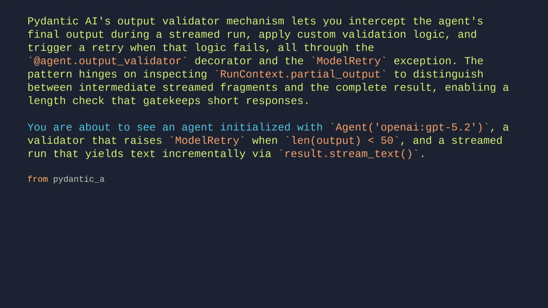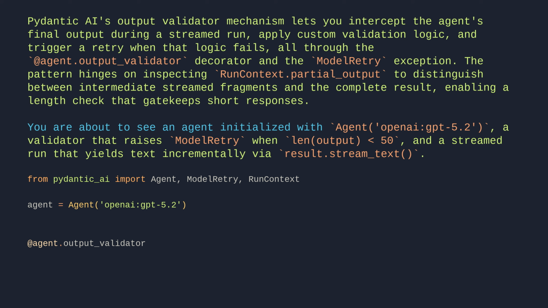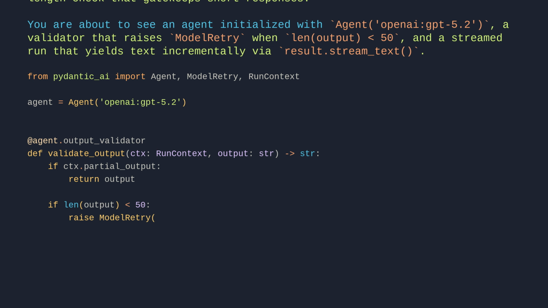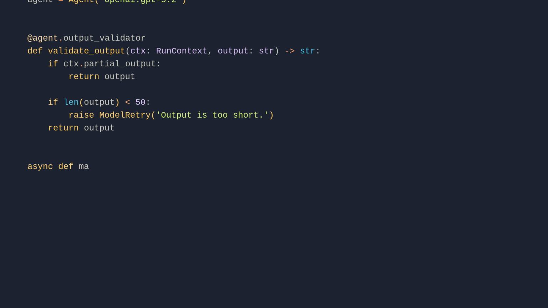from pydantic_ai import Agent, ModelRetry, RunContext. agent = Agent('openai:gpt-5'). @agent.output_validator. def validate_output(ctx: RunContext, output: str) -> str: if ctx.partial_output: return output. if len(output) < 50: raise ModelRetry('output is too short'). return output. async def main(): async with agent.run_stream('write a long story about a cat') as result: async for message in result.stream_text(): print(message)